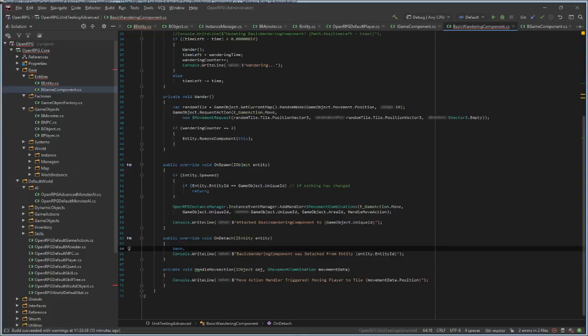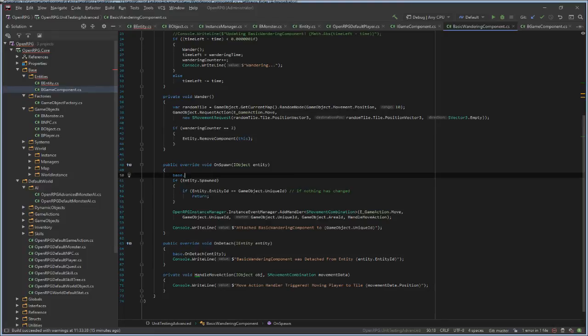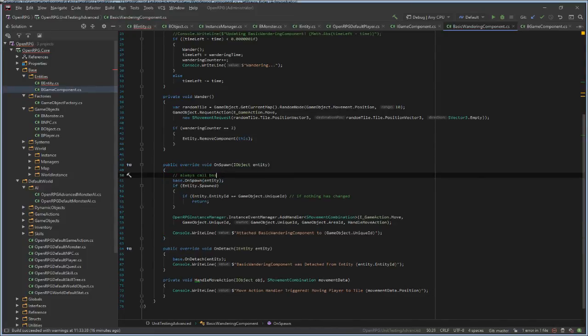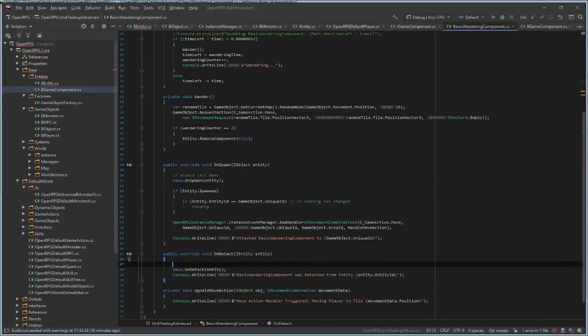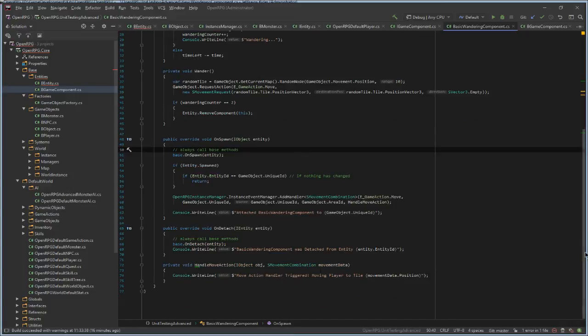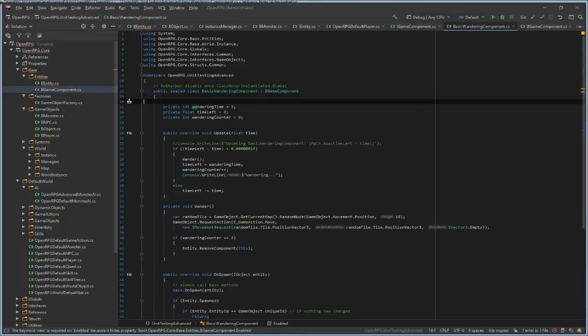What is it called? Base on detach entity. Base on spawn entity. Always call base. Always call base functions, or methods in this case. Or functions, both are correct.